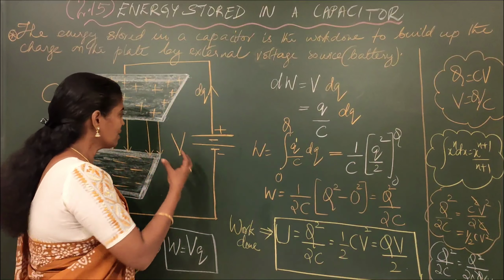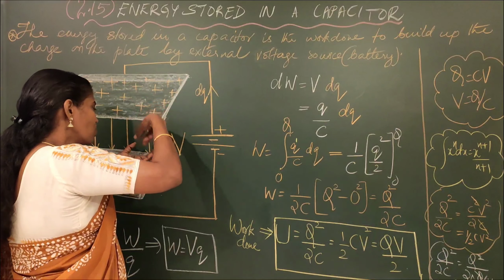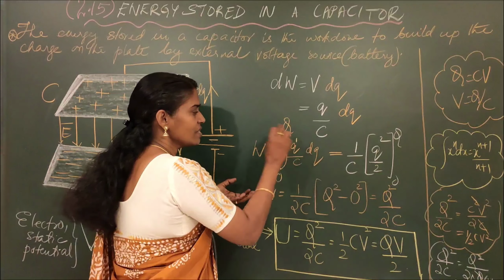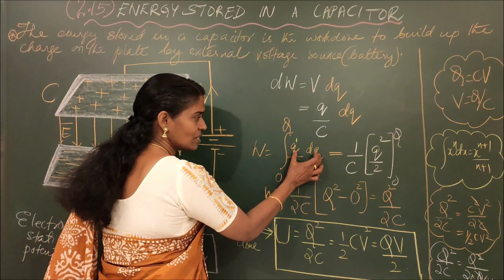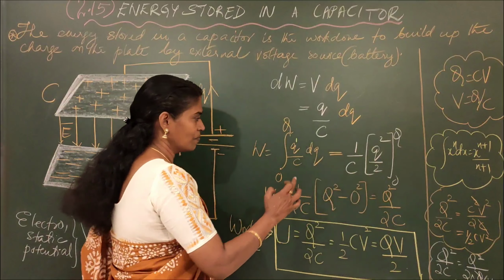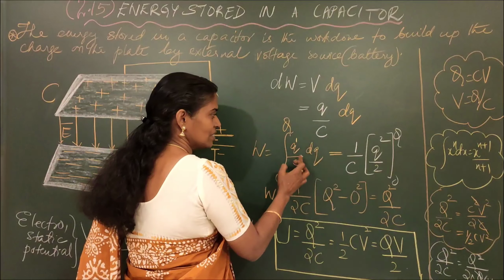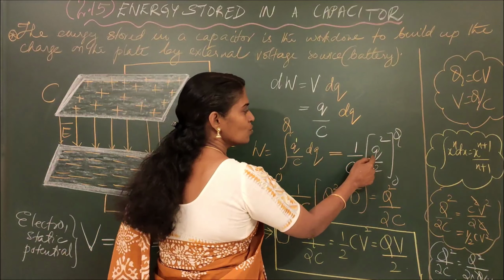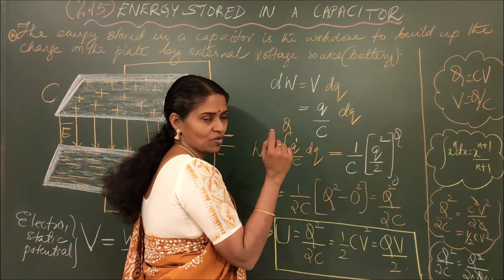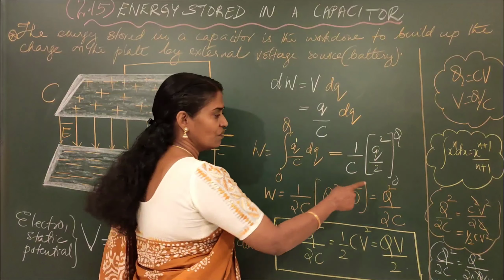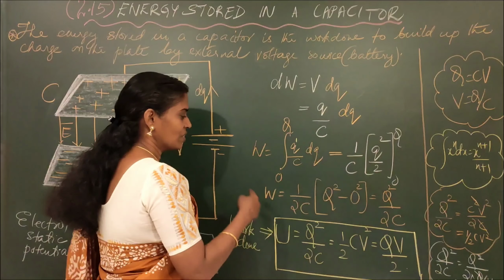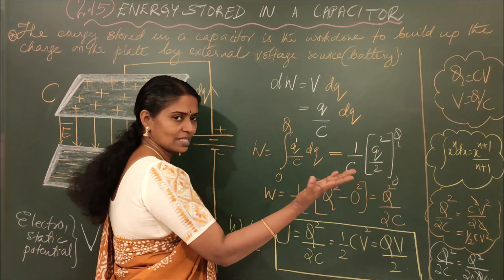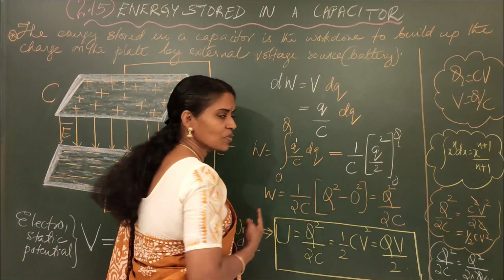Total work to make the charge increase from 0 through capital Q is the integral from 0 to Q of q by C into dq. Again integration, x raised to n dx format. X raised to n dx means n has a value 1, x is replaced by q. So the value is q raised to 1 plus 1 by 1 plus 1, q square by 2 within the limits 0 to Q. Give the values, upper limit Q, lower limit 0. This for sure cancels. So the answer is Q square by 2C.